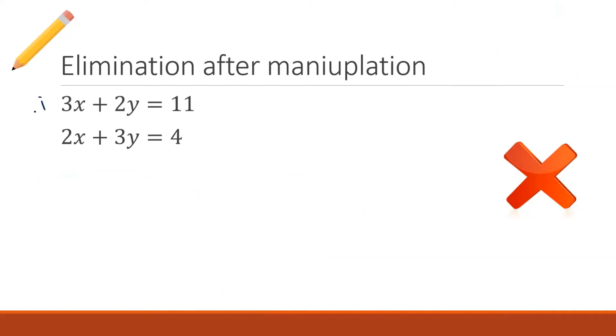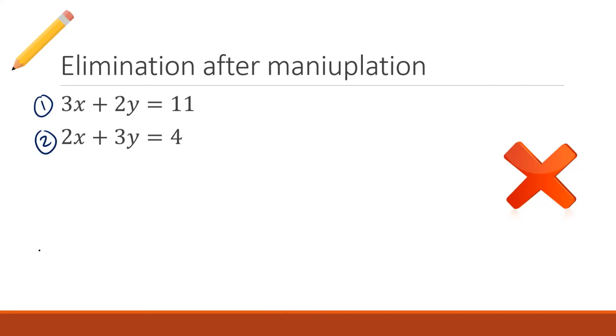Now, the reason why elimination is the best method to use in this situation is because we don't have to do too much manipulation. Now, in order to do elimination properly, we need to make sure that we eliminate something. So what we're going to do is we're going to eliminate one of these by multiplying them by -2. Okay, we're going to multiply them. We're going to try and make the coefficients the same. So let's see if we can get rid of the x's.